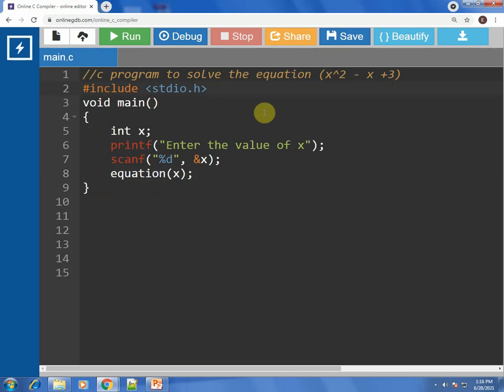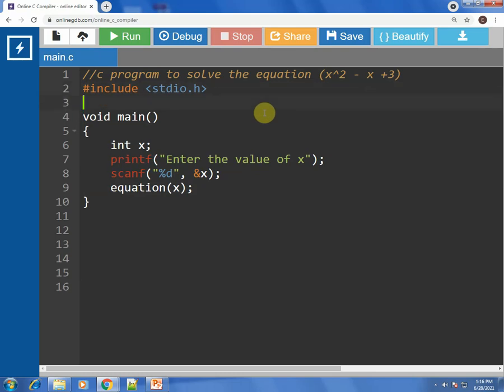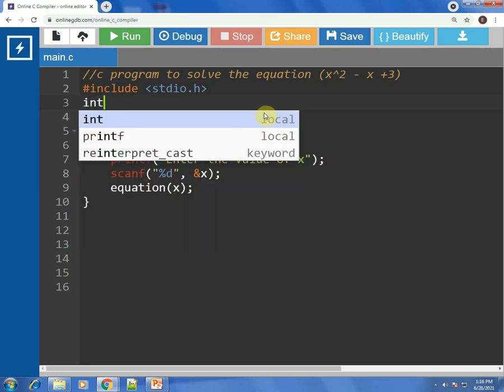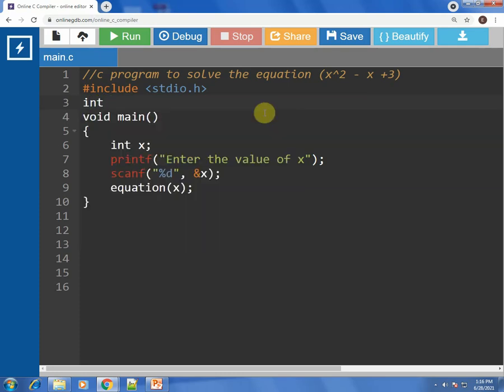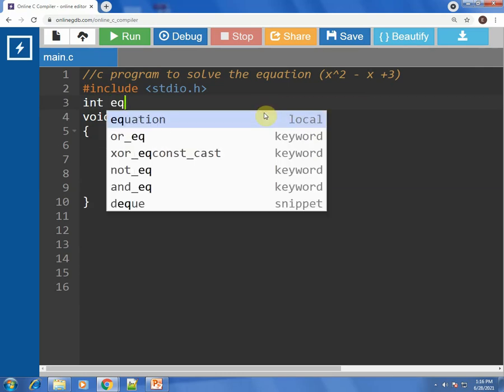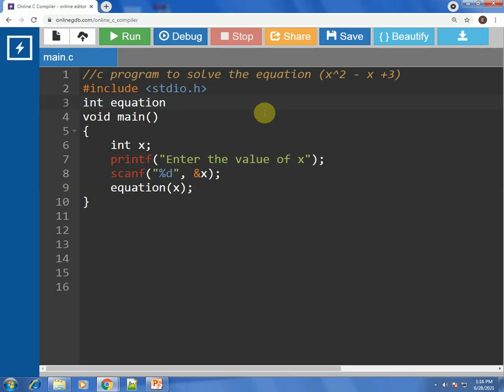Now I'm going to show you all how to write the function without writing the function declaration. You can write the function directly without writing its declaration. Let us start with writing the function definition. It returns integer type values, and the name of the function is equation.